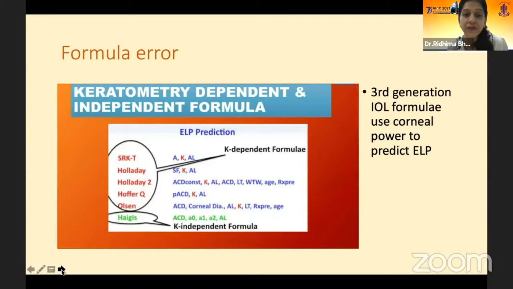The third error is the formula error. The routinely used third or fourth generation formulae, like the SRK/T, the Holladay, Hoffer Q, all of them are going to predict the effective lens position. That is where the IOL is going to sit in the eye. And for this prediction, all of them mostly use corneal power as one of the variables. The Haigis is a K-independent formula, but the rest use corneal power to predict where the IOL sits,